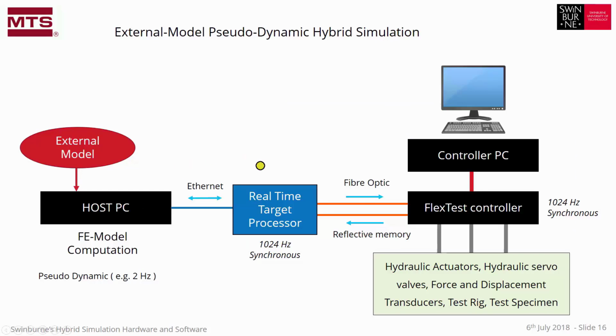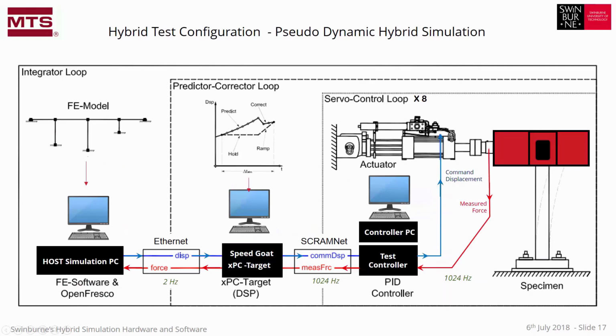So now we can come back and have a closer look. What does the software in the real-time target processor do when we're implementing pseudodynamic simulation? Let's look at the diagram with a little bit more information. In this diagram we have the host PC, the target PC and the test controller. We've got the host PC running at 2 Hz, sending commands to the Speedgoat target processor. We have the target processor sending displacement commands at 1024 Hz to the test controller, and it's getting back the measured force at 1024 Hz and then sending data back at 2 Hz